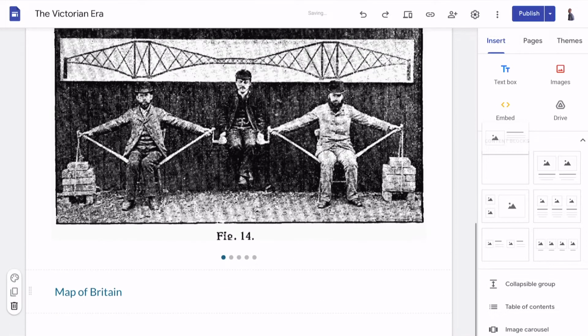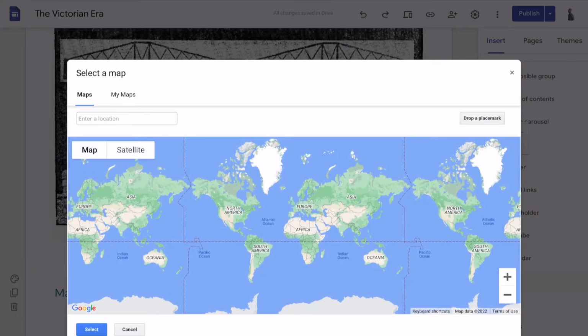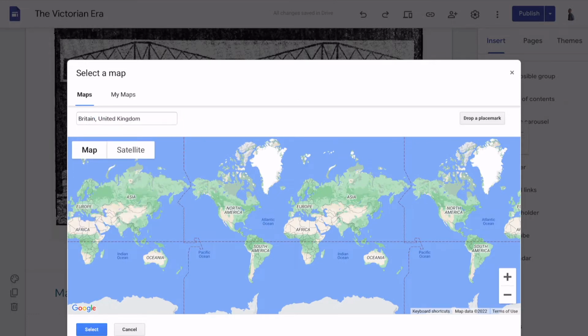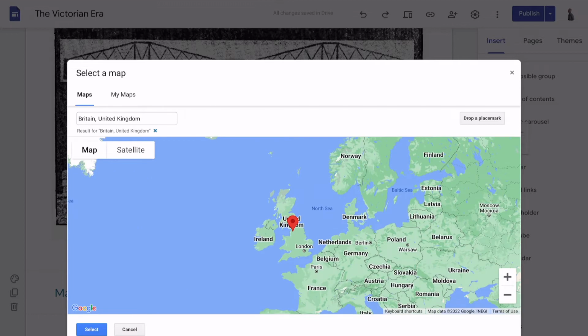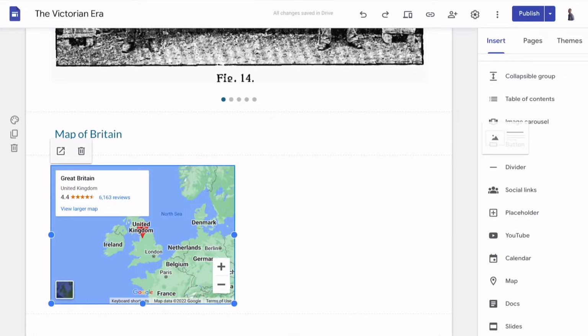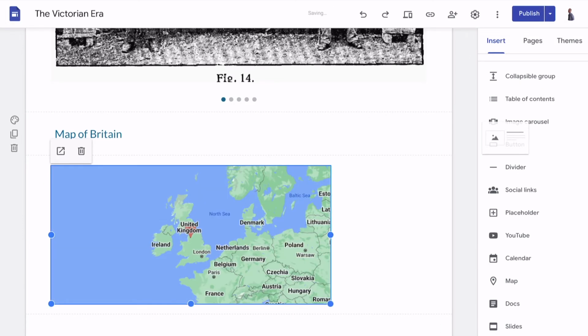Okay, so one of our options to insert is a map. So I click on map and I can enter a location. So I'm just going to click and type in here Britain, and it's Britain, United Kingdom I want, and it will have this. So I'm going to select that. So I'll have my map of Britain there. Can even move that around if I need to, make it a little bit bigger, show maybe a bit more of the